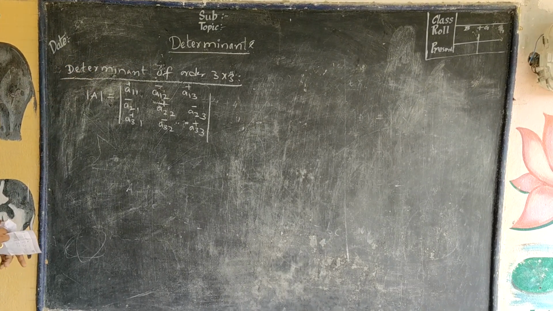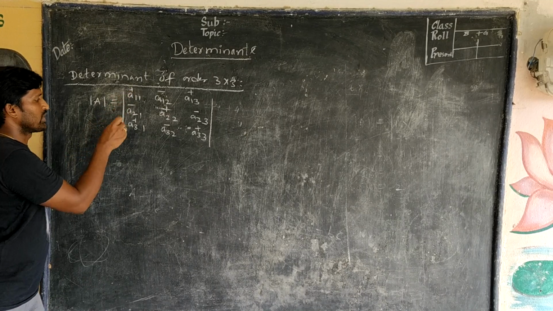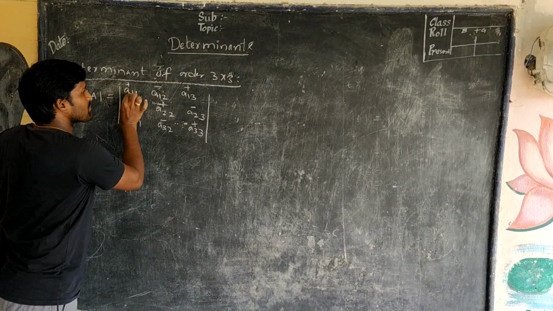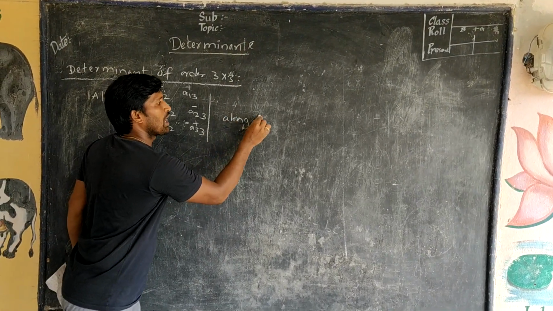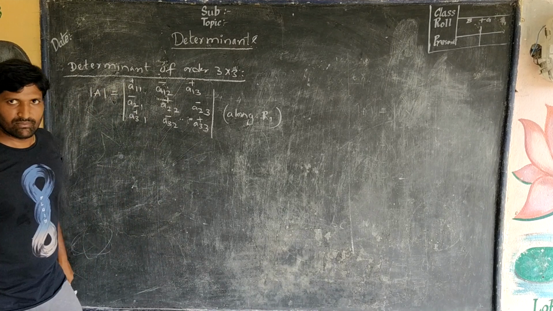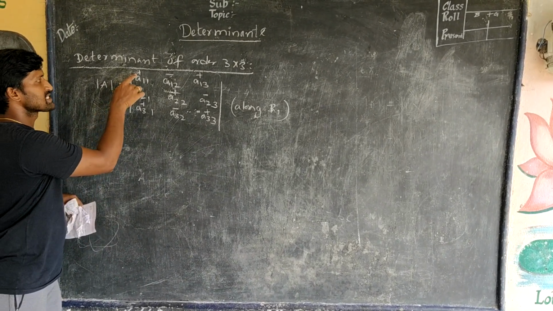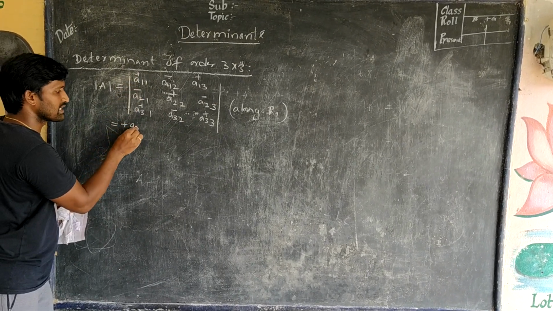Now we should learn why the signs are used here, and how to evaluate the determinant of a 3 by 3 matrix. First we need to expand along any row or any column. For example, I am expanding along row 1. Along R1 I am expanding, or evaluating, this determinant. How to expand: what is the sign here? Plus, of this element. What is the element here? A11,